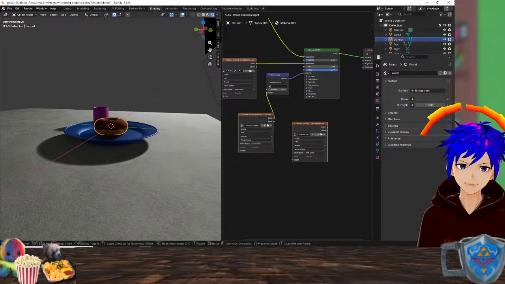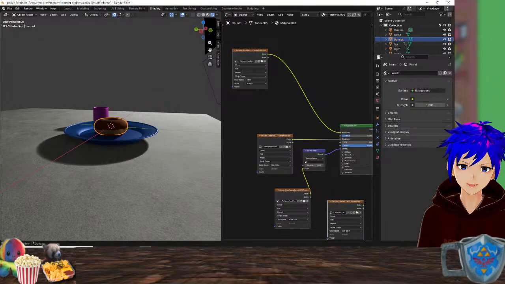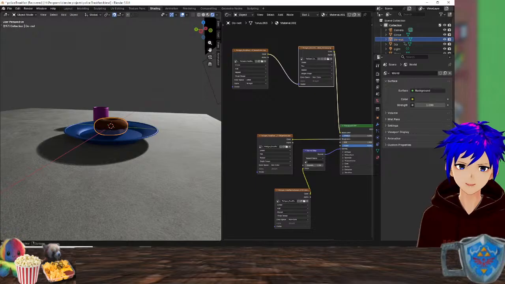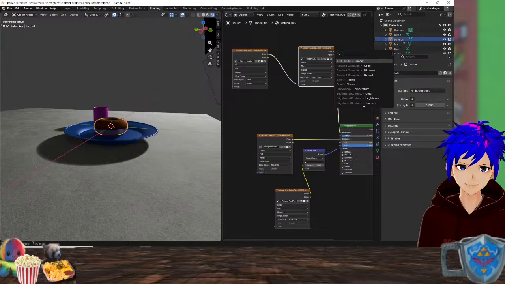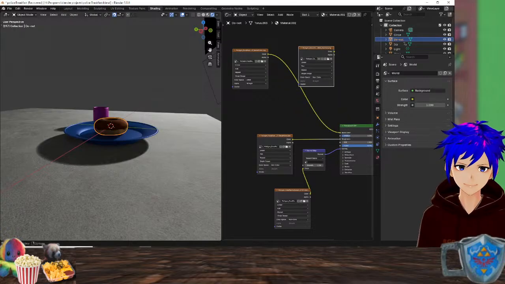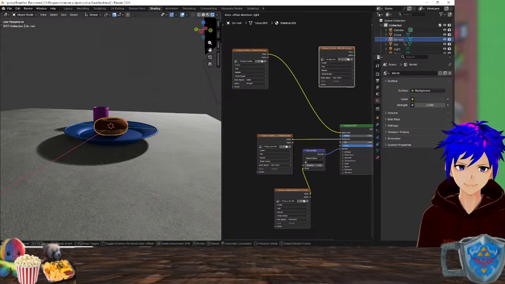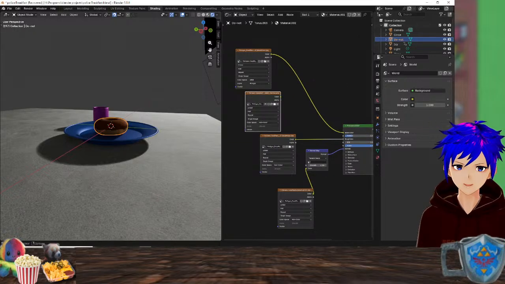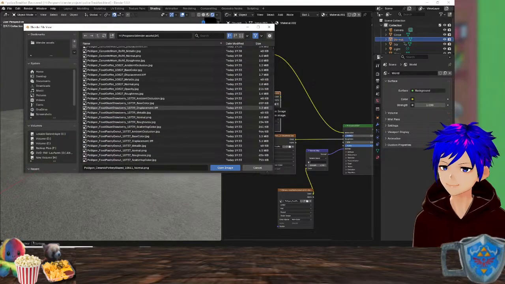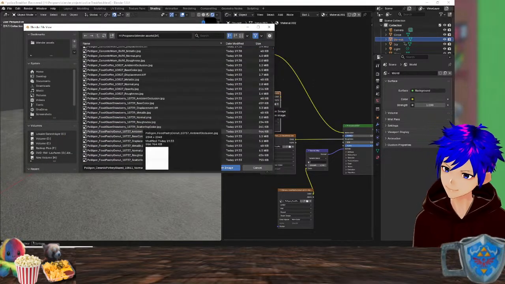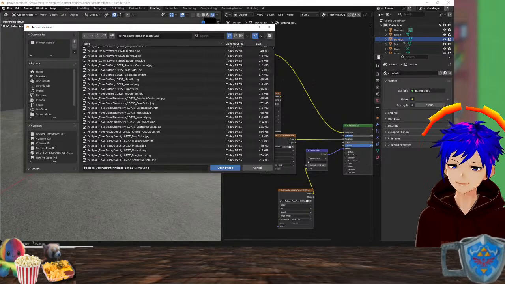Forget it, it was supposed to be done color. Good. Here. Scattering color.